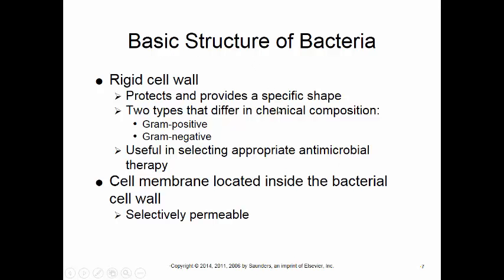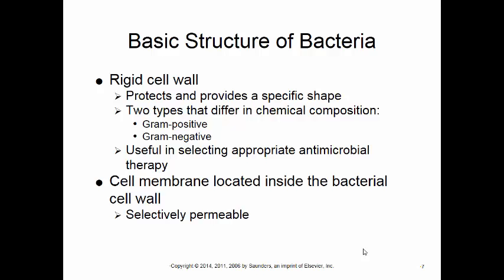The structure of a bacteria we can begin with the cell wall. It's rigid. It protects it and gives it its specific shape. There's two major chemical compositions that we discovered of bacteria, which is called gram-positive, gram-negative, and we discovered it by they stain a little bit different using a gram stain. So if they stain one way, they're called gram-positive. If they don't stain, they're called gram-negative with the gram stain. This is important because they do have different characteristics, and we can use different antimicrobial therapies depending on whether they're